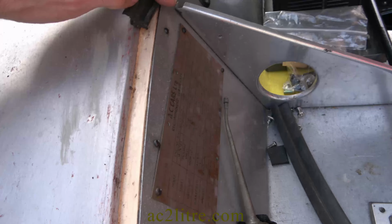I have launched a new business sideline to sell spare parts for the AC 2-litre Saloon and Buckland. I have a mix of new and new old stock plus second-hand. I have a full e-commerce store set up, which can be found via my long-established ac2litre.com site. For new parts, I want to avoid any cheap imports. I have fitted handmade, mostly British parts to my AC, and that will be the theme for what I sell